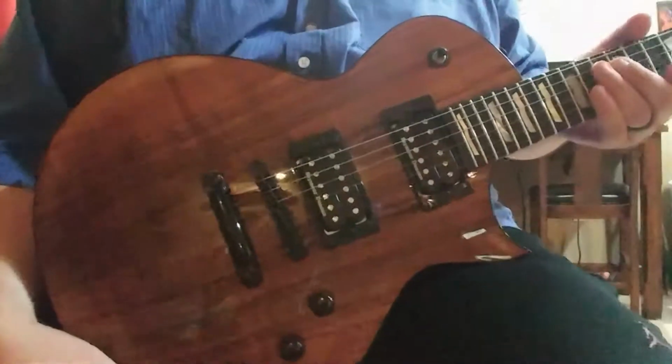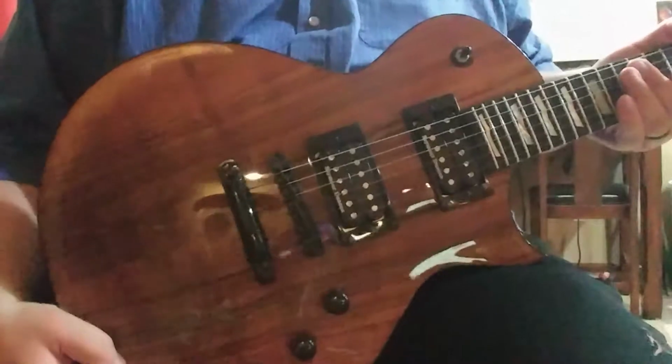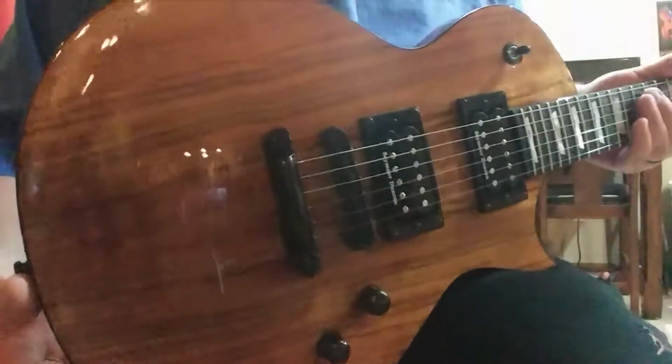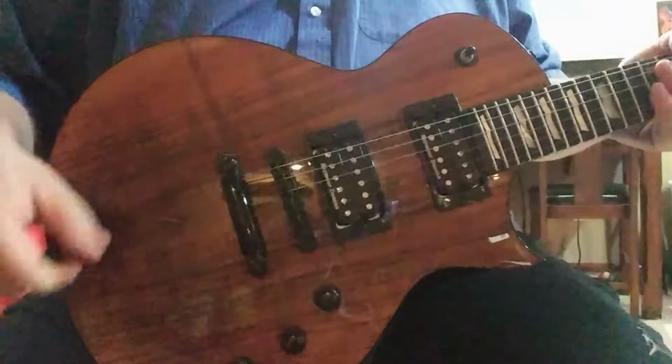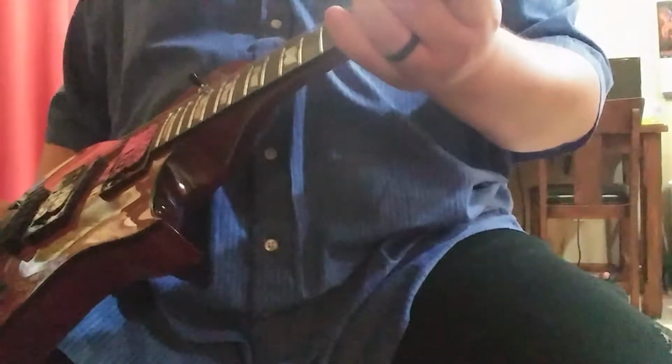This is a demo of an LTD EC-1000. It has a Koa top and a mahogany back, black binding, and an ebony neck with black binding. You can't really see the black binding because it's against the ebony, but it goes all the way around the headstock. It has locking tuners,